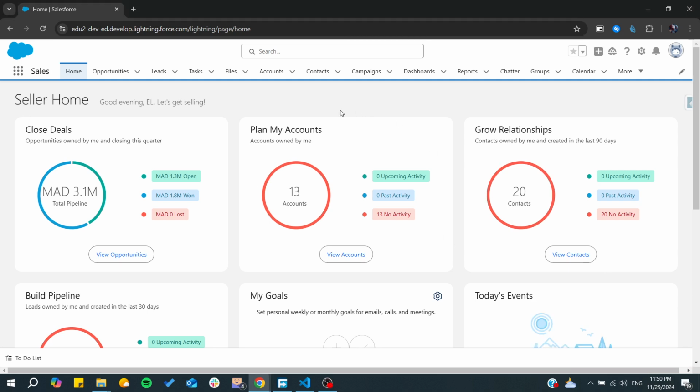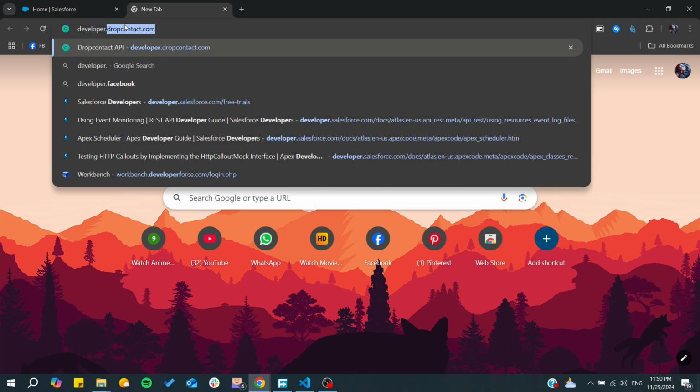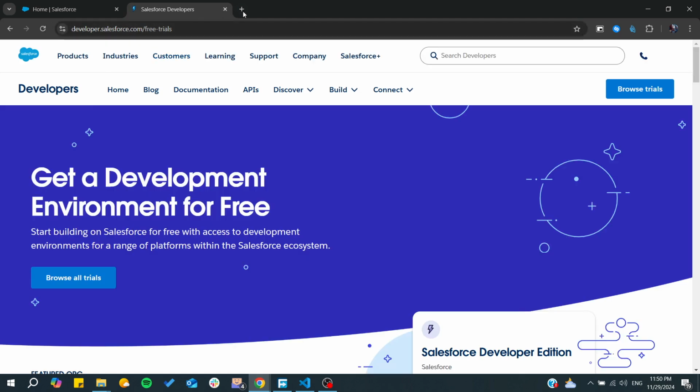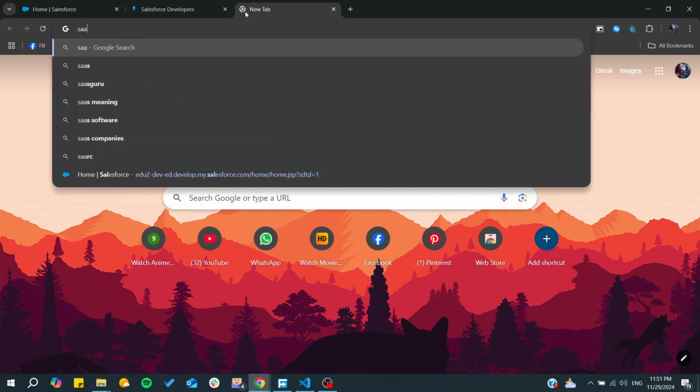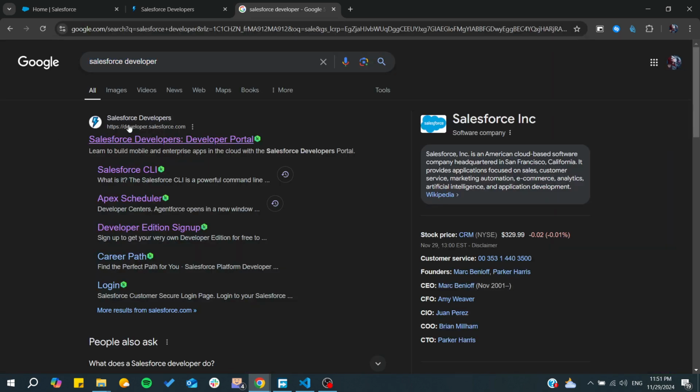In today's tutorial, I'm going to show you how to register as a Salesforce developer. To do so, you will simply need to go to the developer website of Salesforce. So you can simply type developer.salesforce and then it will take you to the Salesforce developer site. Or you can simply search for Salesforce developer in your web browser and then you can go